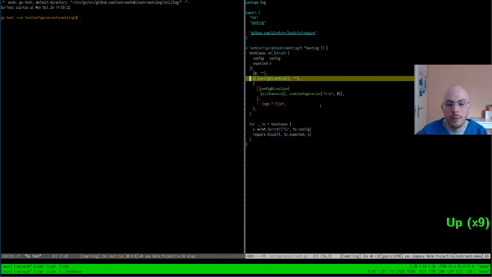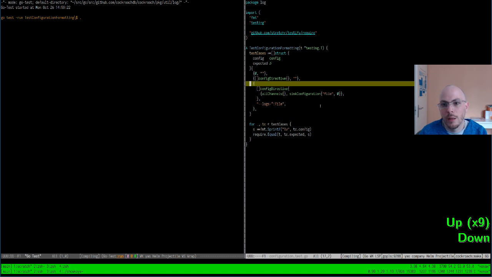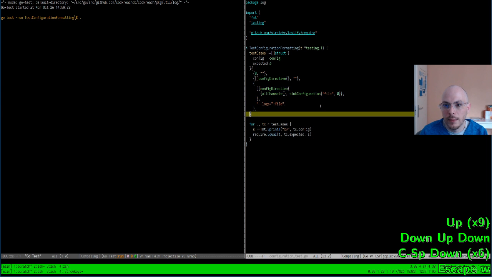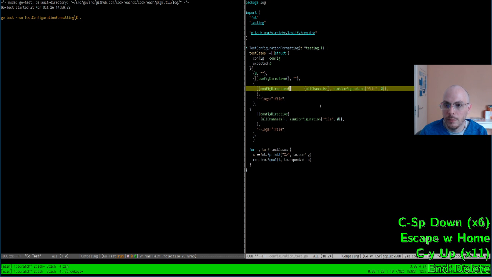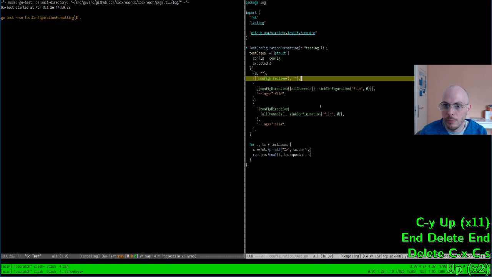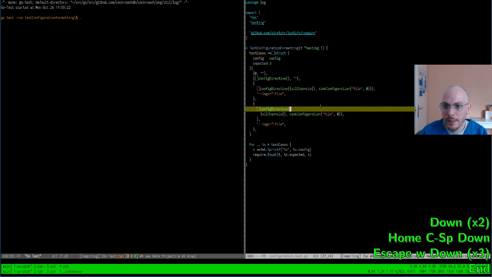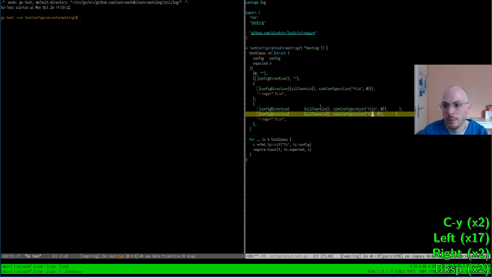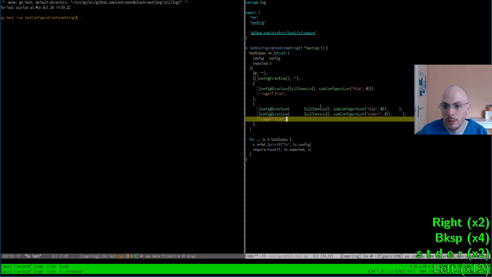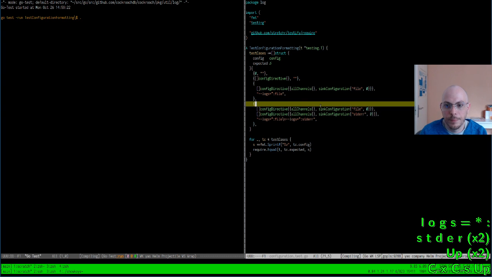All right, this is probably all right. Let's add a second config directive. I'm going to group them together so it's a bit more compact, and then make two of them. And then I'm going to have something like this.